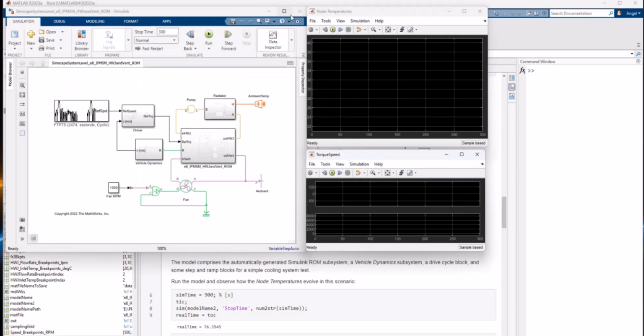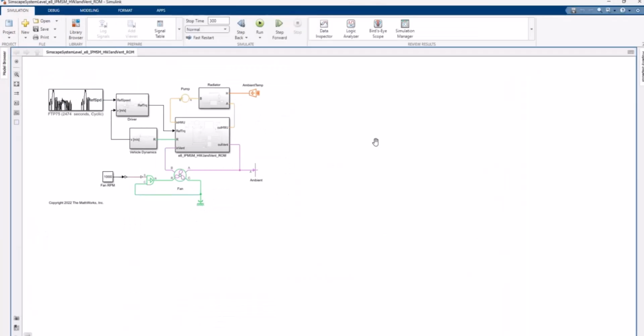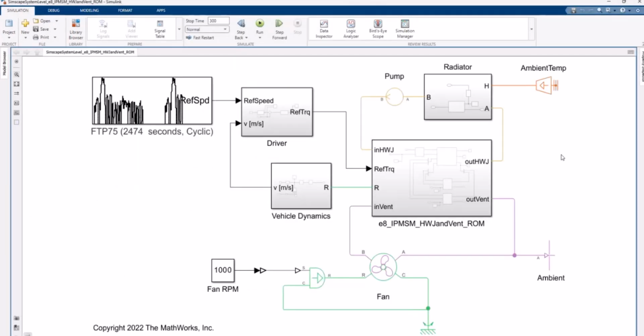And another model that I wanted to show you is how you could then integrate this motor cooling, motor thermal model into a bigger system that has other components that also either need cooling or provide coolant. And so we typically use Simscape when we want to model multi-component, multi-physics systems.